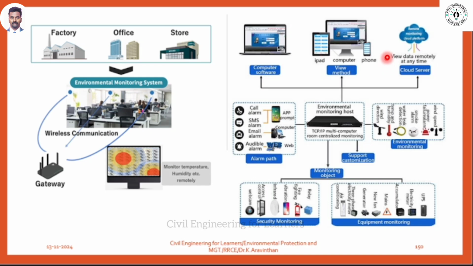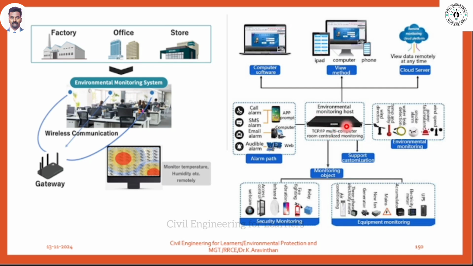Next thing is data has to be stored. Where is the data stored? In the cloud. If it's stored in the cloud, anyone can use that document. How many people require that monitoring document? Three people. Who are they? Manufacturing place, office, store. In the office, they say that today 100 orders you have to supply for client X. So if you enter it there, it automatically has to be recorded and it has to reach the store. From this environmental monitoring host, this is a processor.